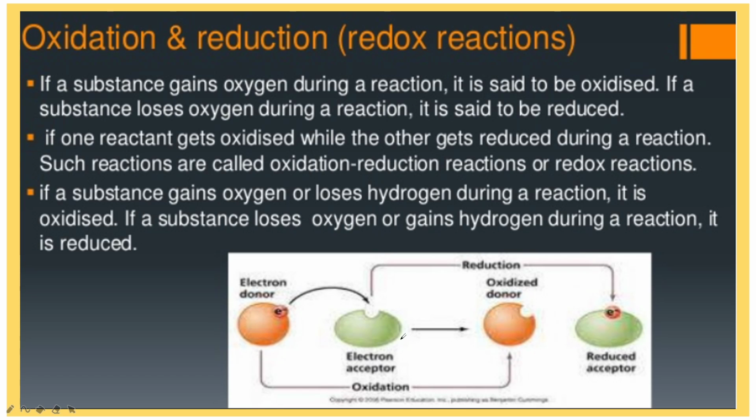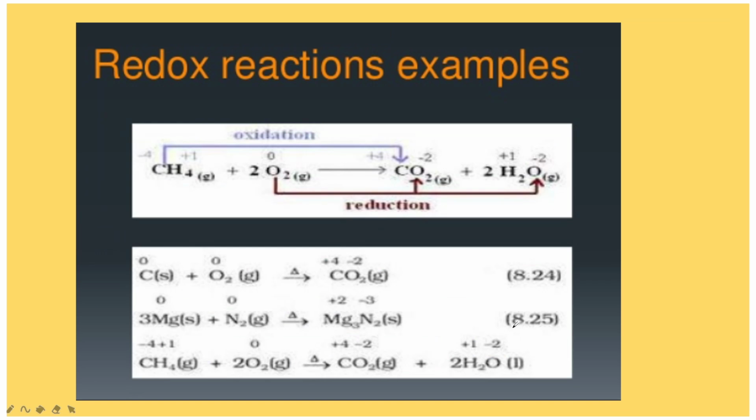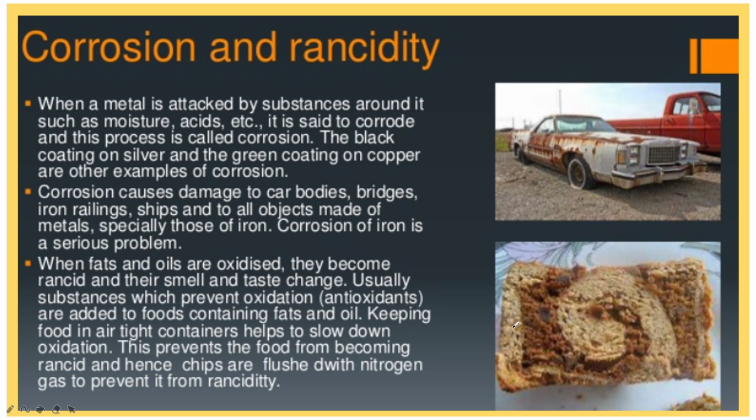Whereas reduction is a chemical reaction which involves the addition of hydrogen or any other electropositive atom or ion to a substance. Such types of reactions are oxidation and reduction reactions. The oxidation and reduction reactions which we see in our daily life are corrosion, rusting of iron and so on.